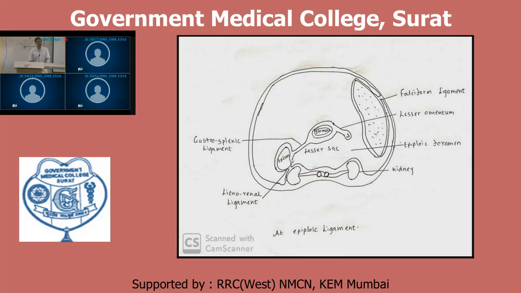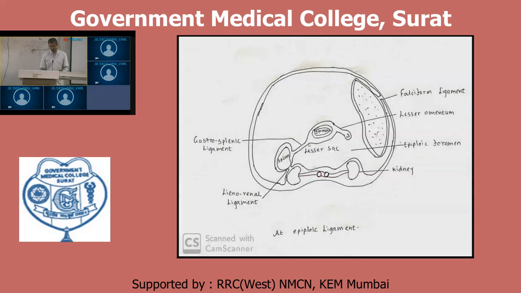Then it will cover this anterior superior surface of stomach. From here, greater curvature and fundus of stomach. It will get reflected to spleen, and it will form anterior layer of gastrosplenic ligament. Now we can trace anterior layer and posterior layer of gastrosplenic ligament. Posterior layer of gastrosplenic ligament is in relation with lesser sac, but anterior layer of gastrosplenic ligament is in relation with greater sac. Then from here, anterior layer of gastrosplenic ligament gets reflected over the surface of spleen.